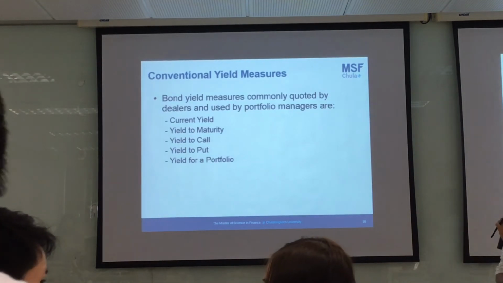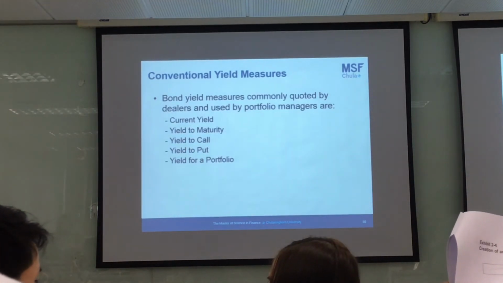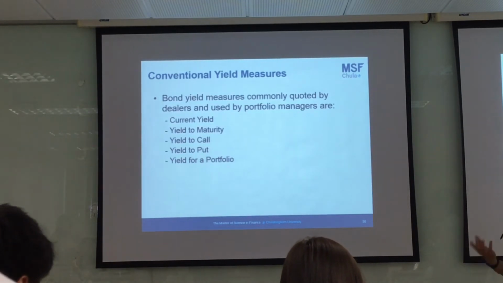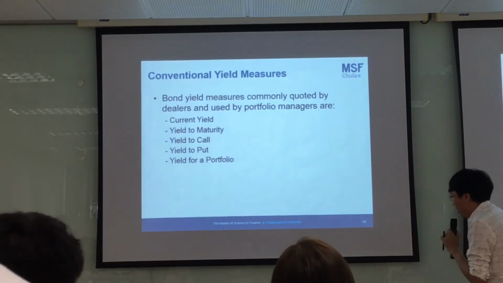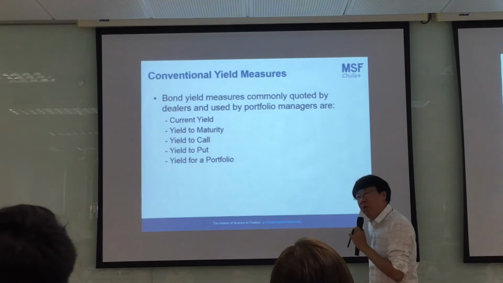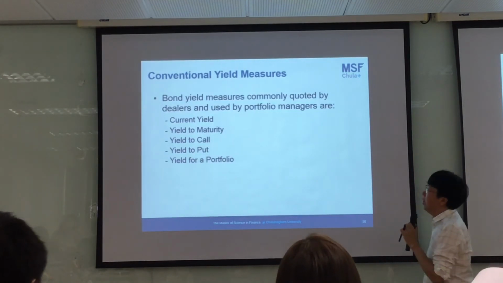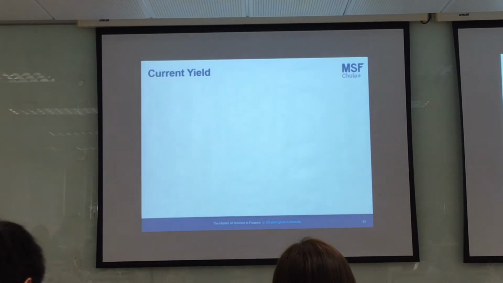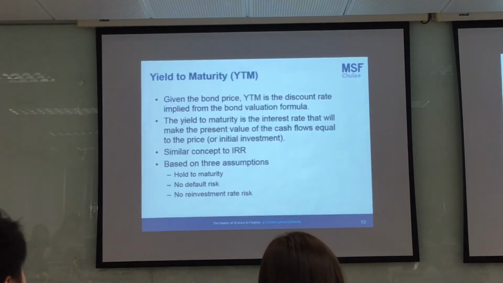The current yield, okay, we have some definitions of the yield. Yield, as I mentioned, represents the return, normally used for investing in a bond or fixed income security. Current yield, yield to maturity, yield to call, yield to put, yield for portfolio. Let's start from the first one. Current yield